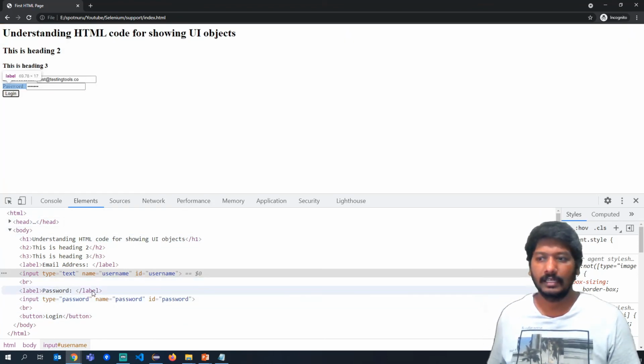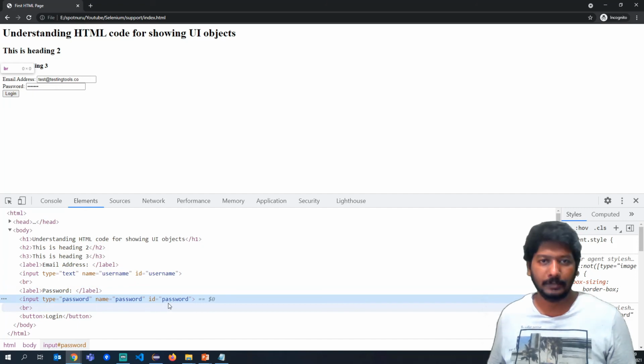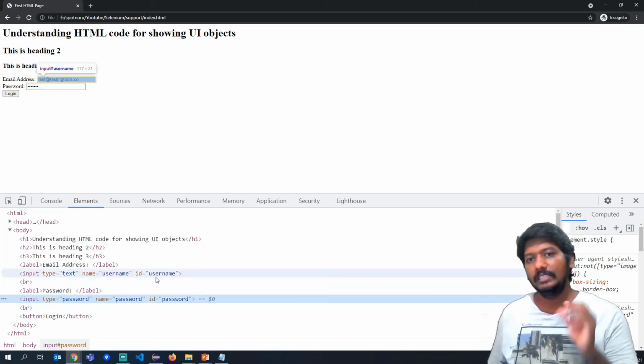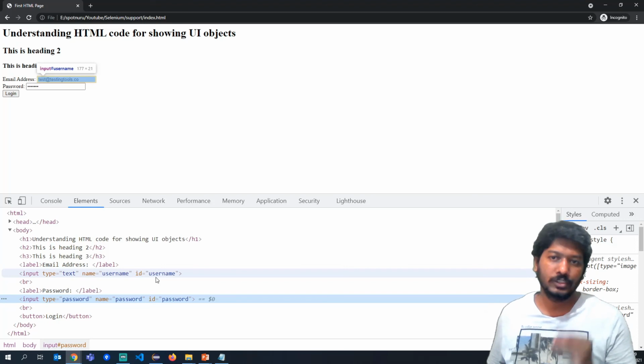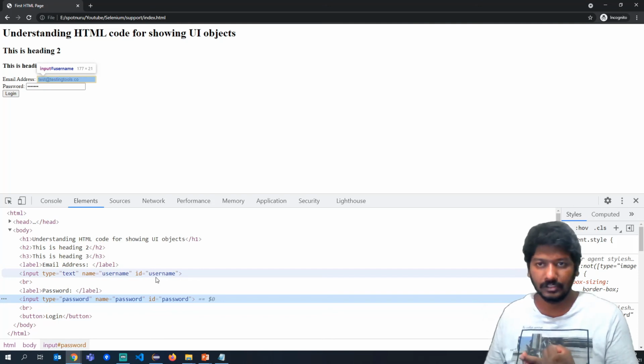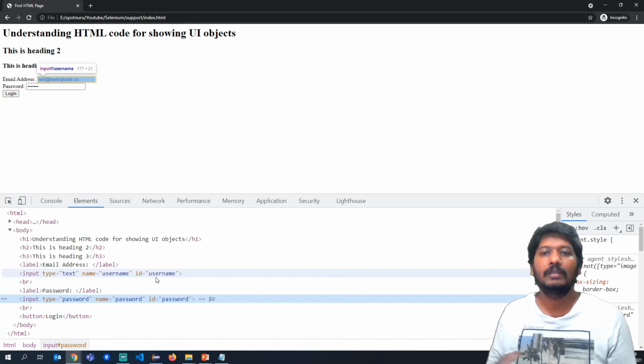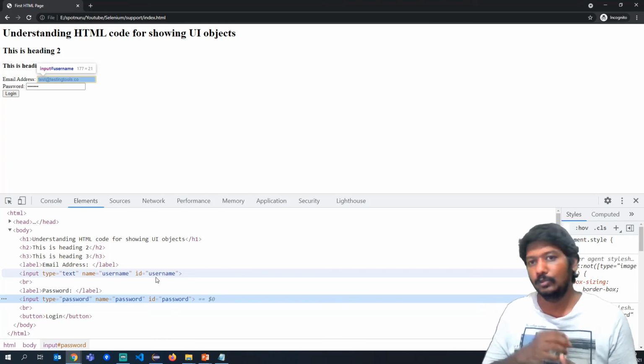If you see here, I can even highlight those things. And then this has a name attribute password and id as password. For this it has username. So these are the attributes in the DOM structure which will be used by Selenium to identify individual objects. So it is the tag and the attributes, a combination of these, in such a way that it can uniquely identify an object. For example, if I give the same name and attribute, it might be a little difficult to identify, and we have to write some additional code to identify those objects. That we will see in advanced videos.